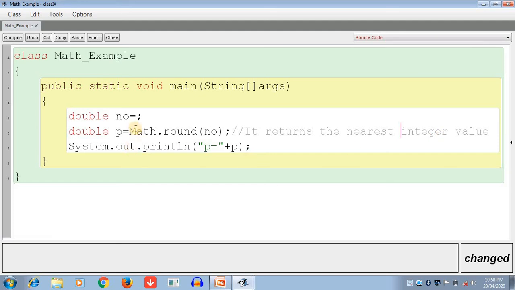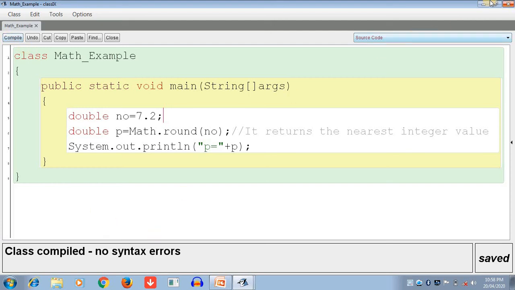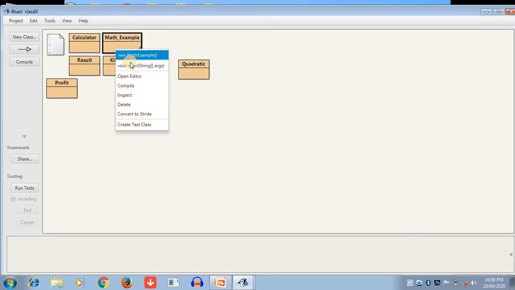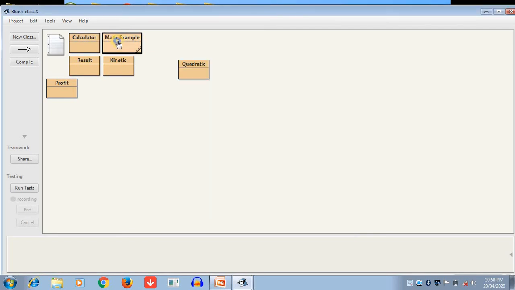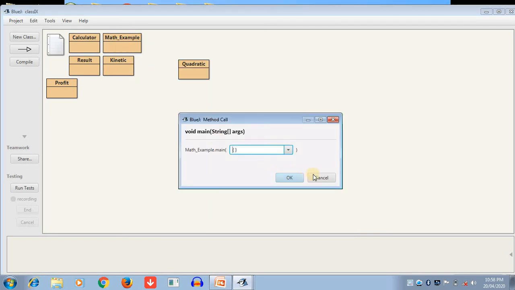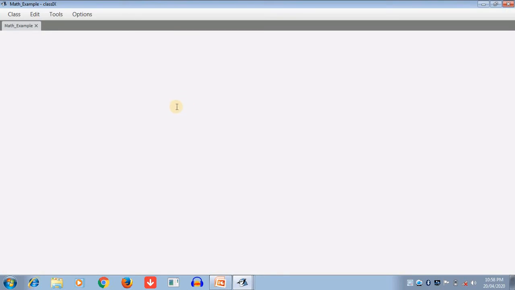If you write here 7.2, what will be the nearest number as a round-up? You see, it is 7.0, the round-up of 7.2.